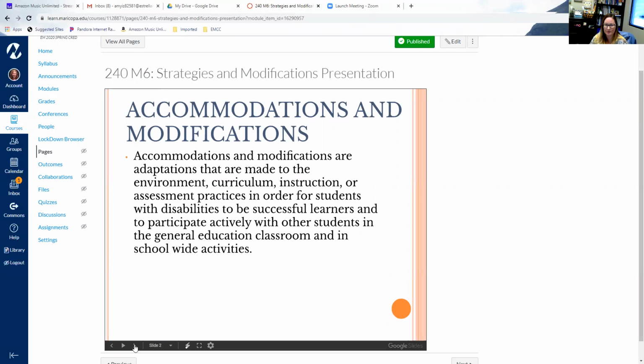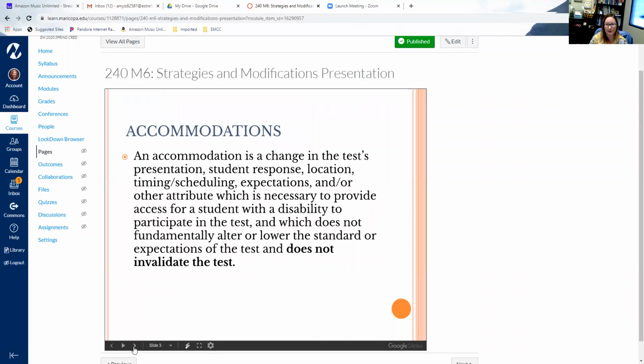So accommodations and modifications are adaptations that we make to an individual's environment, their curriculum, how they're being instructed, how we're assessing them, but some type of a change to help them be more successful. There is a slight difference between accommodations and modifications, and you will often find that, especially in the school setting, if that's where you're working, that there are already